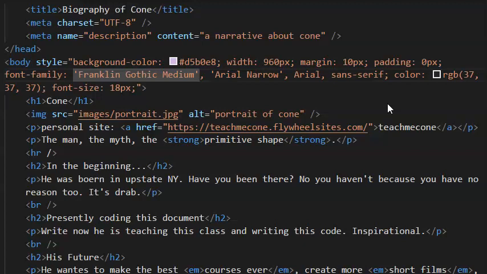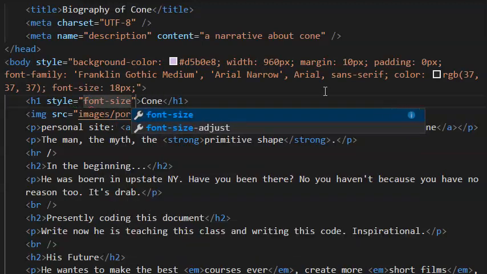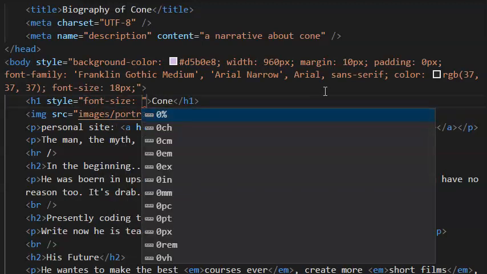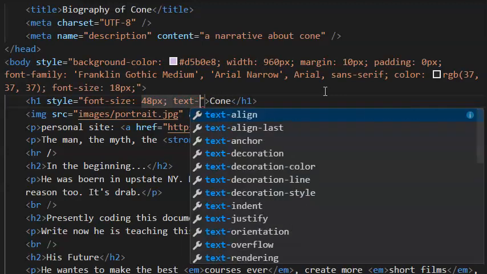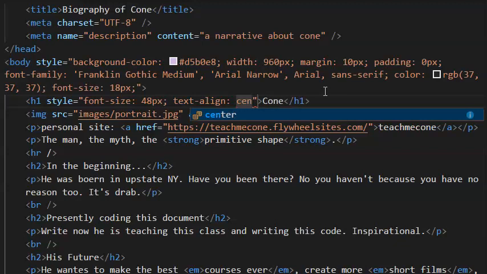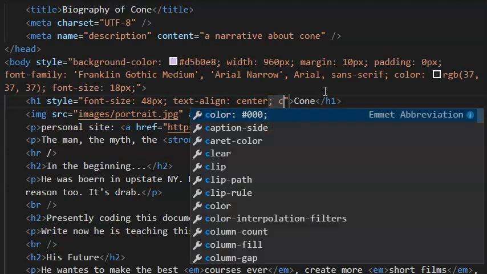Okay, so I am on my H1 tag. Inside of it, I'm going to add a property called style. That's how we apply our CSS. And then we're just going to do font-size, 48 pixels, and then semicolon, and then text-align, and we're going to do center, semicolon, and then color,